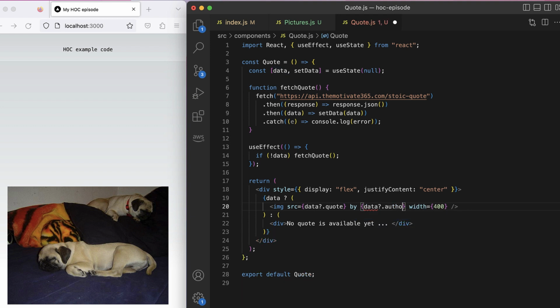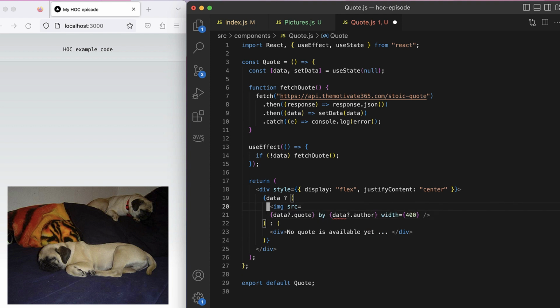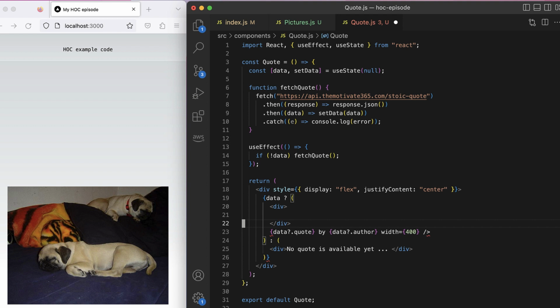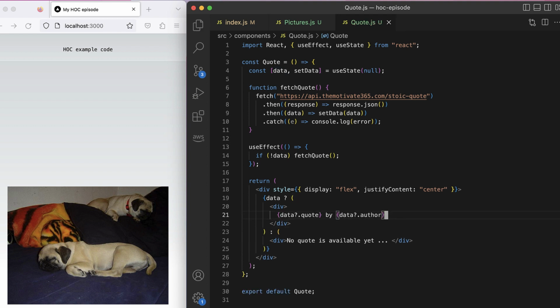So let me put data.author, and something is wrong. Okay, no, I don't need an image tag here. Let me make this a div instead of an image. And delete that. Clean this up a little bit. Okay, there we go. Now that we have that,